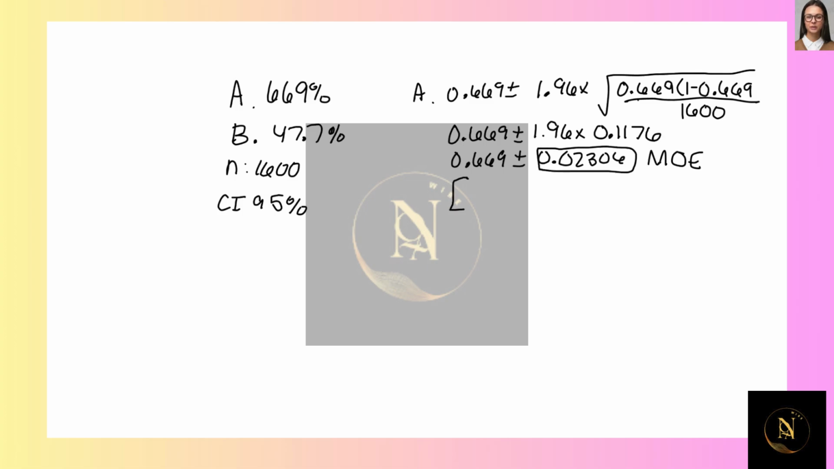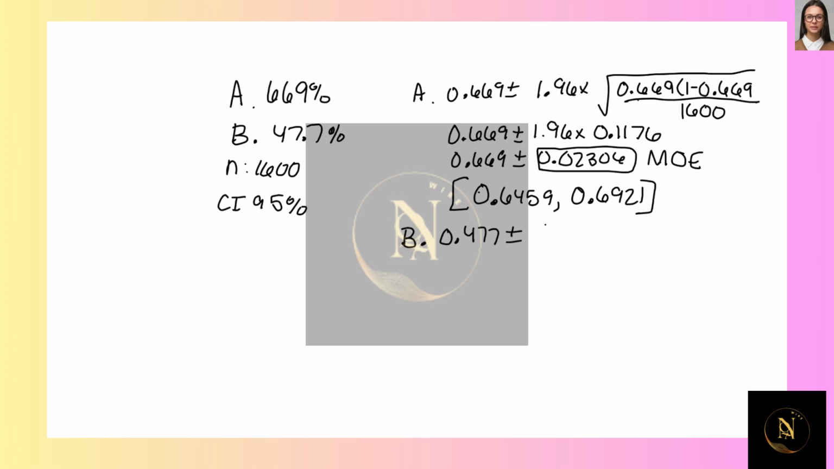Then for your confidence interval, if you subtract these two numbers, you would get 0.6459. And if you add the two numbers together, you would get 0.6921. Then for B, 20 years later, you would do